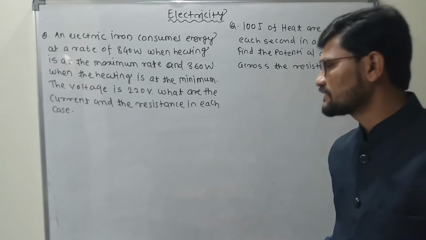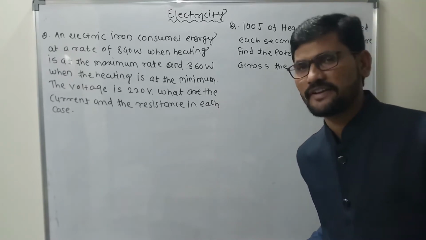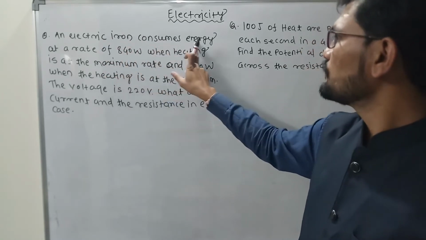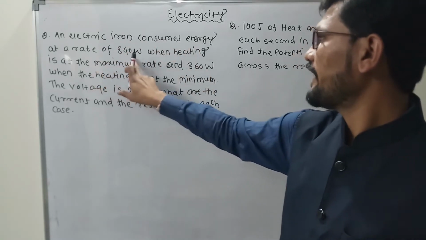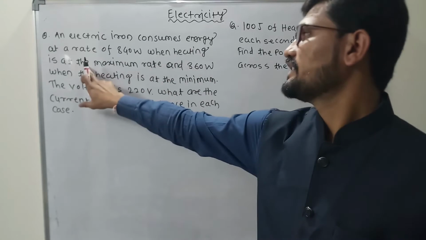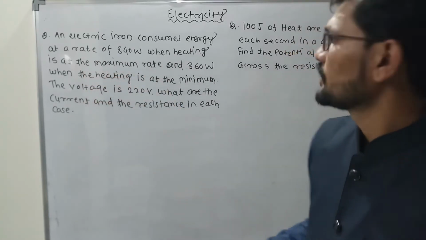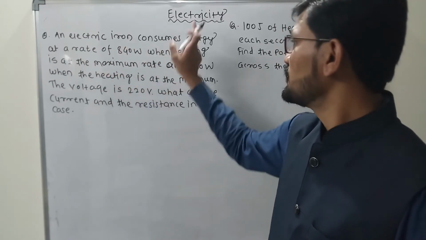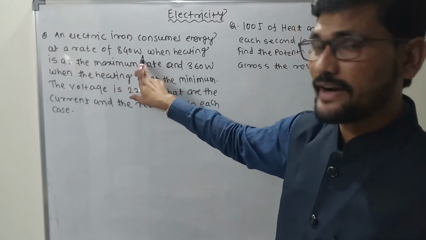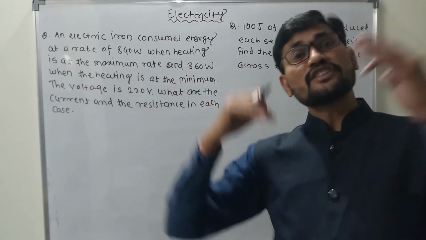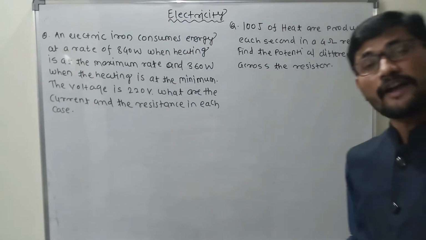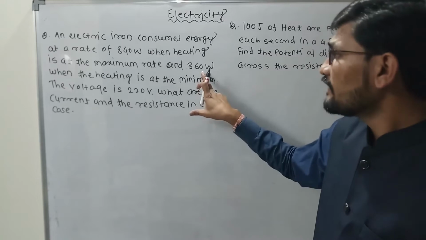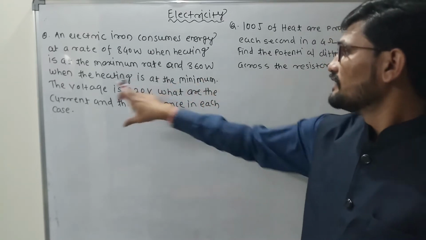Let us see some of the examples related to the heating effect of electric current. An electric iron consumes energy at a rate of 840 watt when heating is at the maximum rate. Which means that the device they have used is an electric iron which consumes 840 watt when heating is at the maximum rate, and 360 watt when the heating is